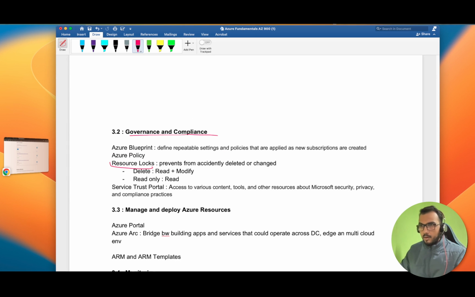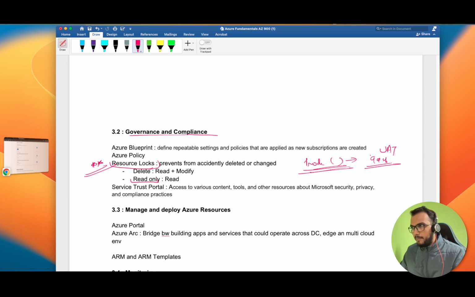Now, resource locks are very much important. I got two questions out of this, and it is about accidentally deleting some resources. So you have to provide some lock. So maybe there is a production server, and you don't want anyone to accidentally delete it. So that's why you will put a read-only lock. So 99% of the people can only read the data from prod or maybe from UAT. They don't have access to the UAT machine, they cannot modify the settings in UAT. They can do whatever they want in QA or dev environment, but not in UAT and prod. Okay,